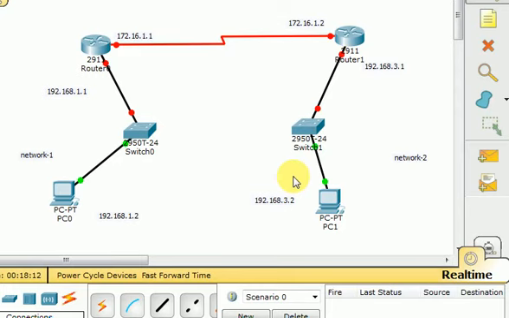Today I will discuss a routing technique using Cisco simulator. The routing technique is OSPF, that is Open Shortest Path First. To create this OSPF protocol into a router,